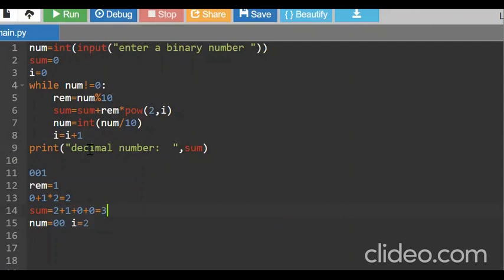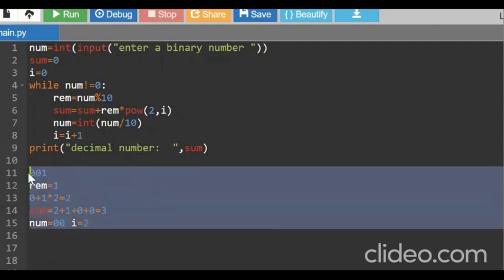Automatically I'm going to print the decimal number as sum. The value is 3. So let me run this code.